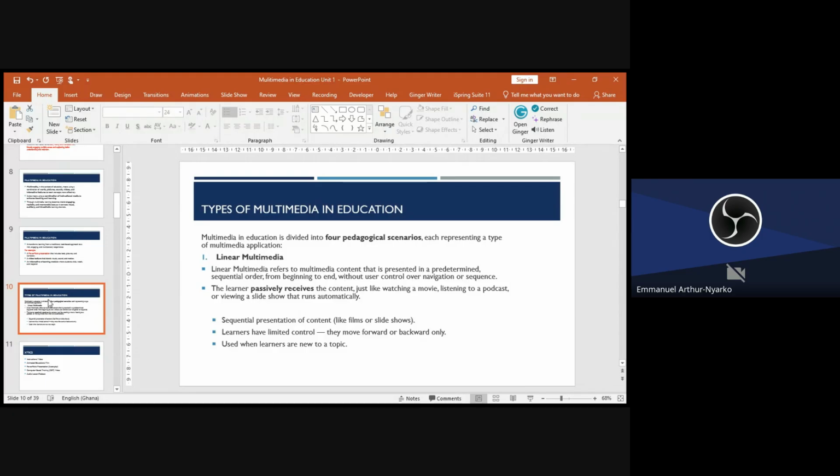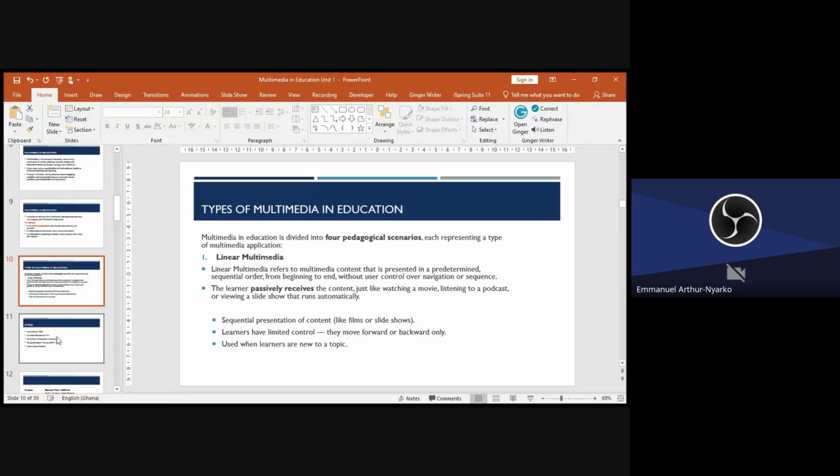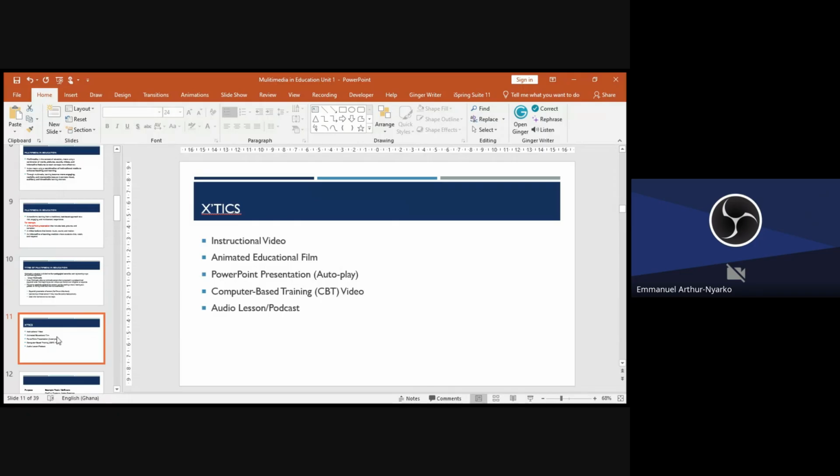Just make it very simple. So that is linear multimedia. Examples include instructional video, animated educational film, PowerPoint presentation, and computer-based training, CBT. I hope you've heard of CBT. How many of us have heard about CBT?